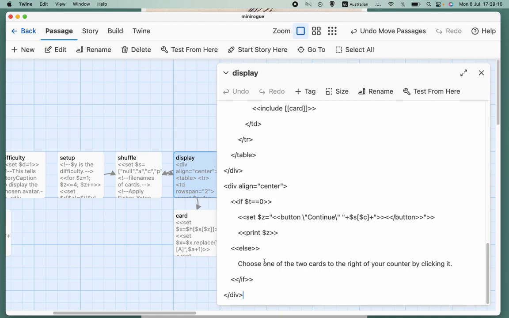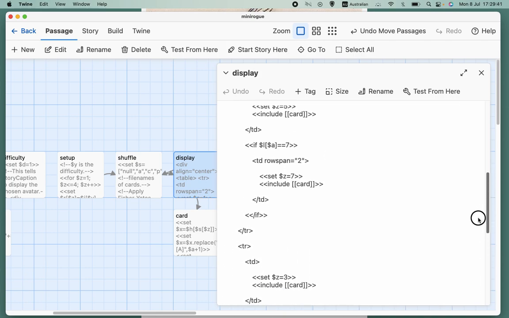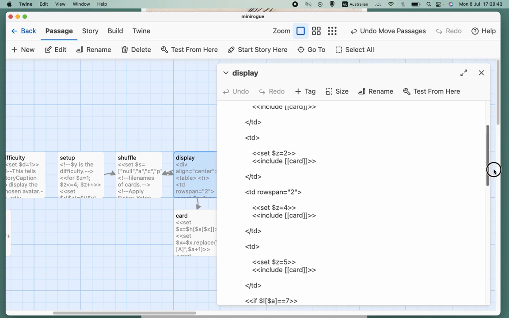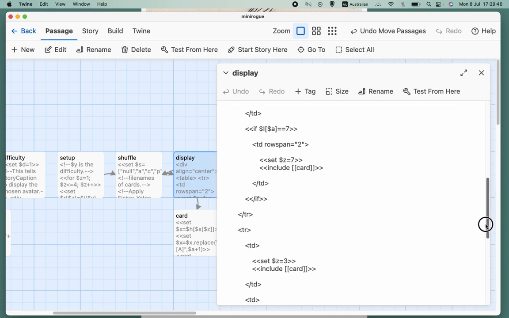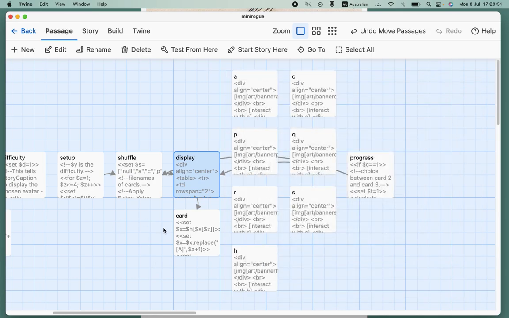Okay, so that's what happens at the start of the game when t equals 0. The other possibility is that T won't be equal to 0, and instead we'll get this text which says choose one of the two cards to the right of your counter by clicking it. Well, how do we make that happen? How do we make the cards clickable? Well, it's not on this page. It's on the card page. The rest of the code on this page is exactly the same as it was yesterday. So let's go to the card page,